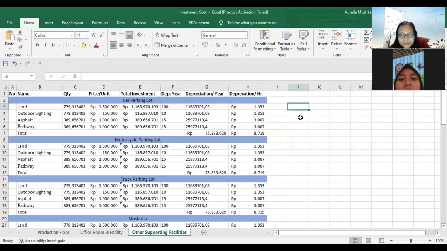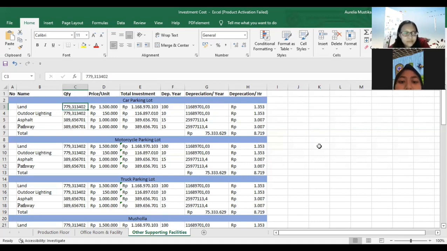Hello, I'm Alia, and I will explain about the other supporting facilities investment cost. There are several attributes on the table to calculate the investment cost: name, quantity, price per unit, total investment, debt year, depreciation per year, and depreciation per hour. As we can see on the screen, we can take one example, the car parking lot.